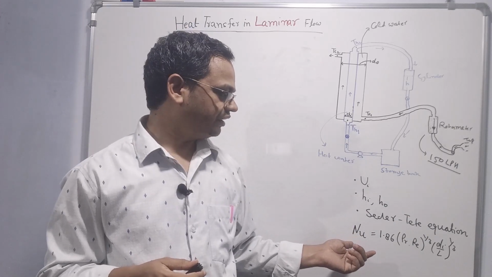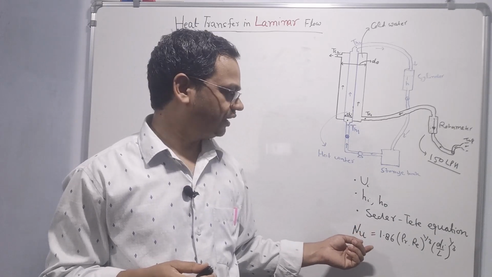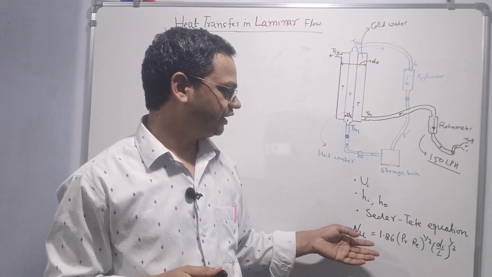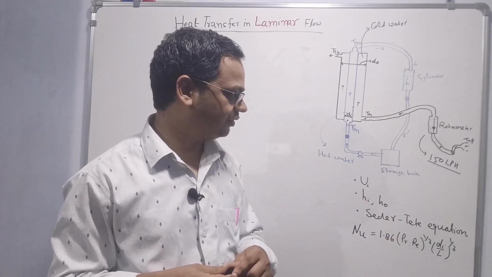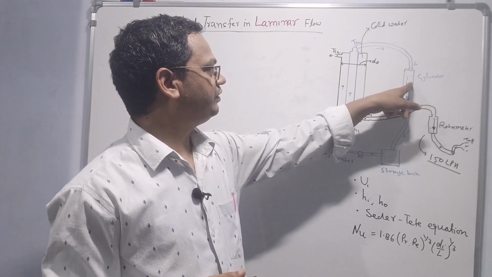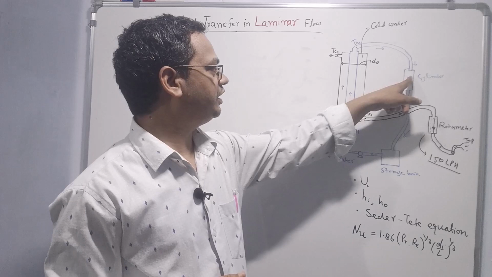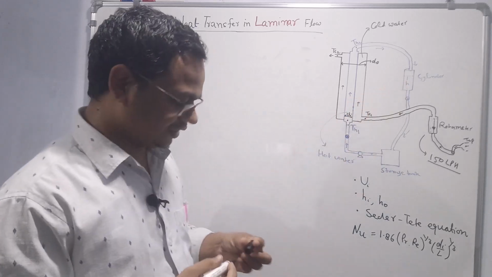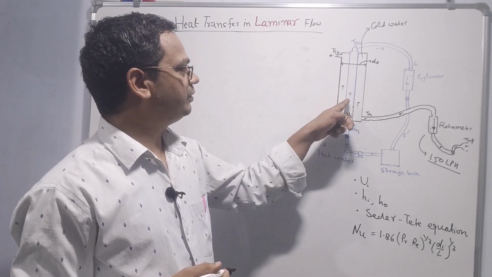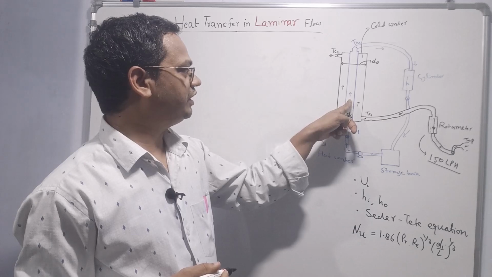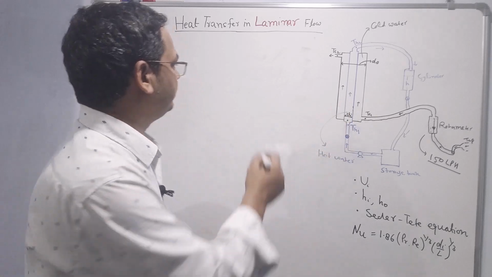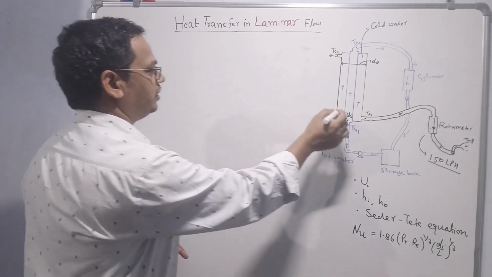When flow is in the laminar region, the Sieder-Tate equation is found useful, and when flow is in the turbulent region, the Dittus-Boelter equation is found useful, especially in the case of fully developed turbulent flow. So very first we need to know the minimum time to fill this cylinder up to the marked place so that flow is in the laminar region. For that we can use the Reynolds number concept. For laminar flow, the Reynolds number should be below 2100, or 2000 as seen in some references. So we can use the Reynolds number for this inner pipe,